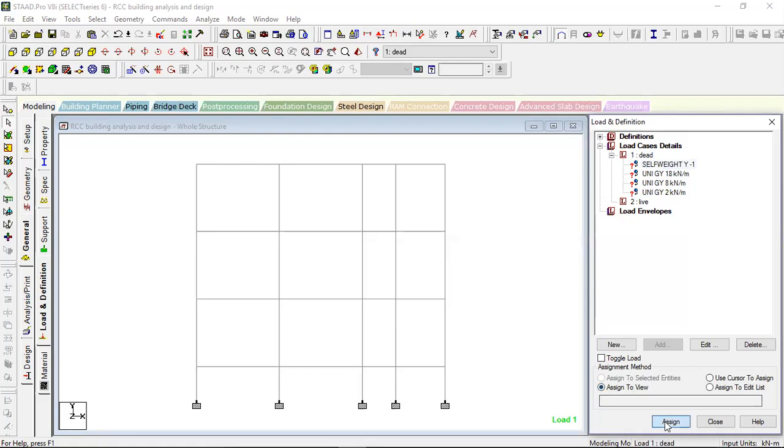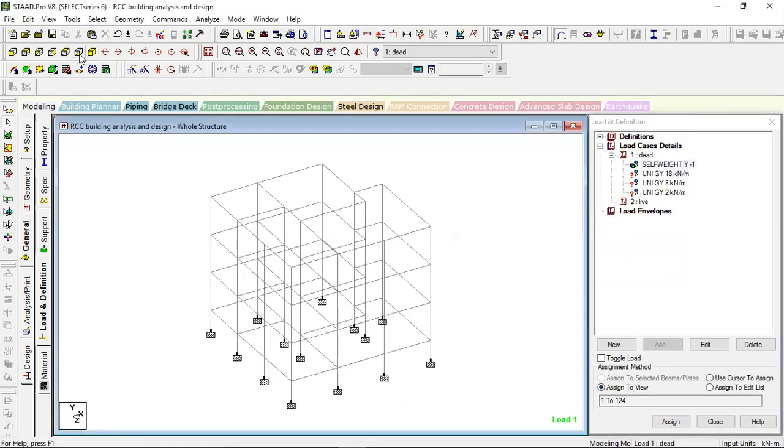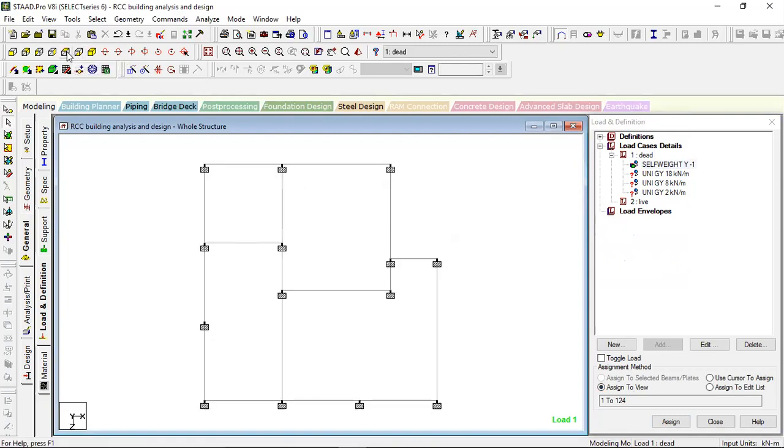Assign to view. Assign, yes. Now I am viewing the main beams from the top direction. This 18 kilonewton load will come on the external wall, only on externals, not internal. Internal wall load will be 8 kilonewton.